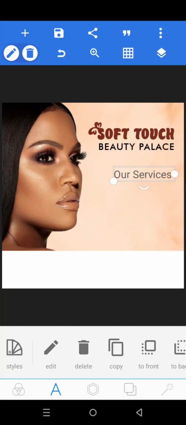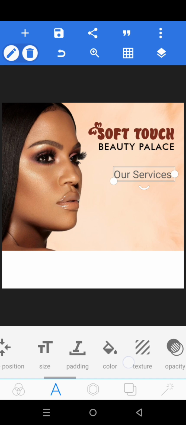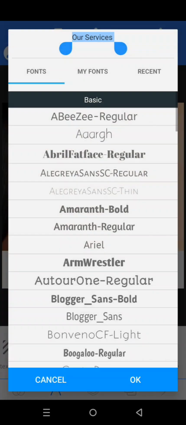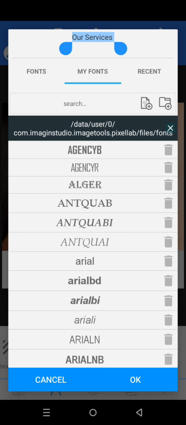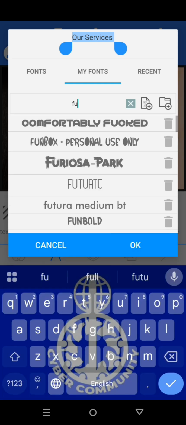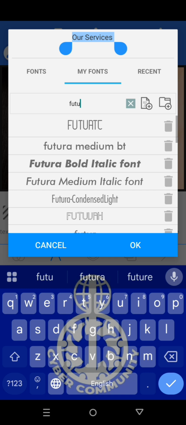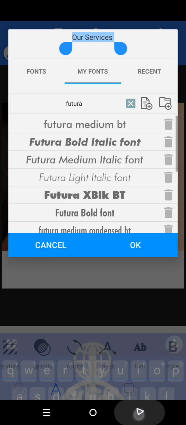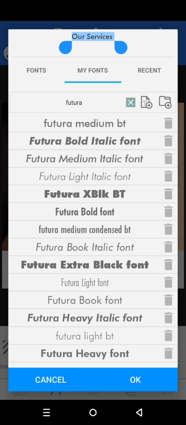Click on it. Okay. So I'm still going to change the font. I used the same family font, Futura, but this time around, let me see something. I think I used something like this. So you can just check. You can just go to